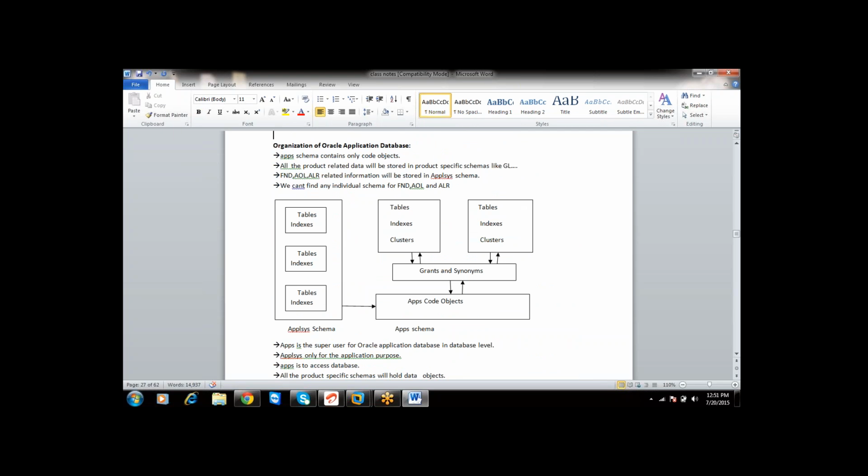ATG products are nothing but the core technology products. Technology products are where our software people will be using them, whereas the non-ATG products are business related products. It means your business related data will be residing over there.